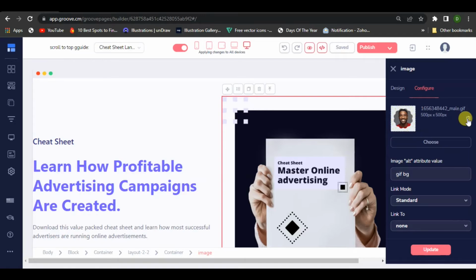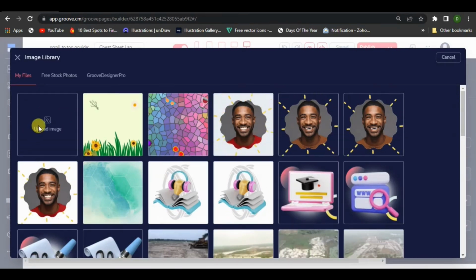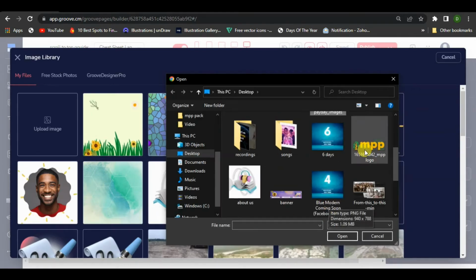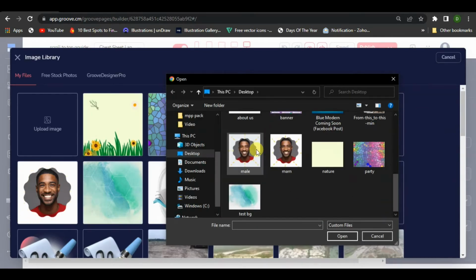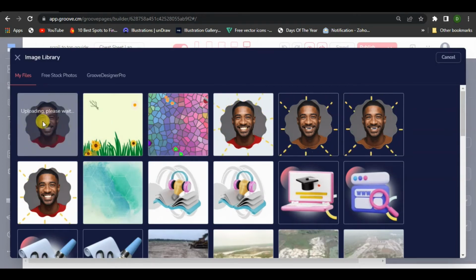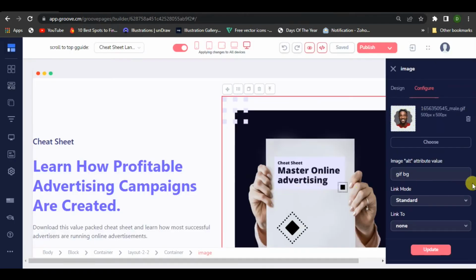For the one we just created, we just go to configure and then choose image. You see I already imported a bunch before. Then we come here and upload the image from here, and we go mail on it, and it's going to upload in a few minutes.